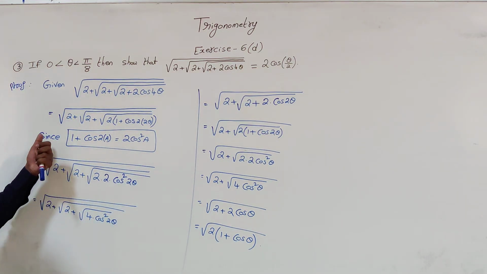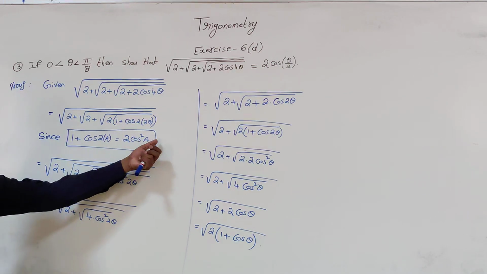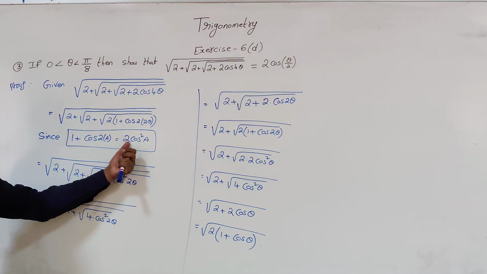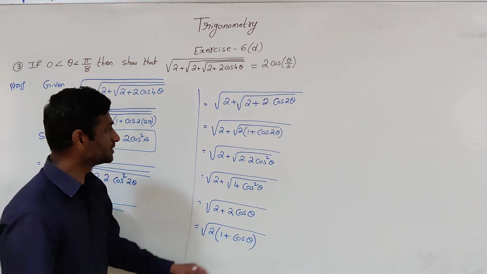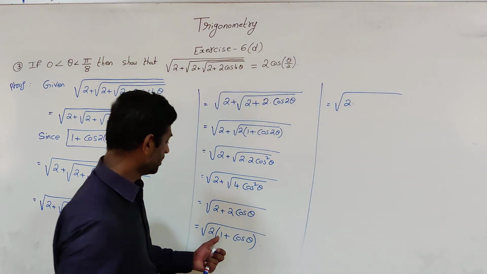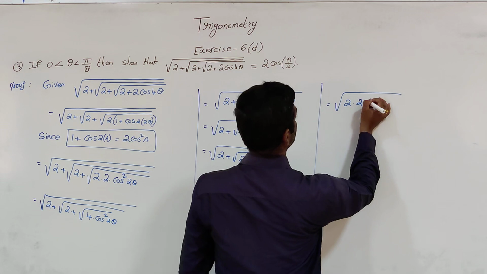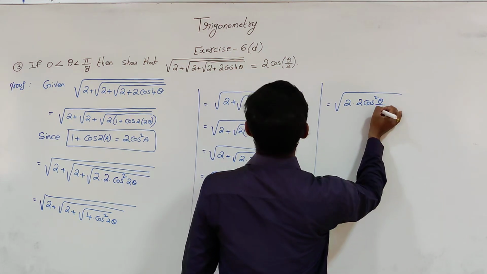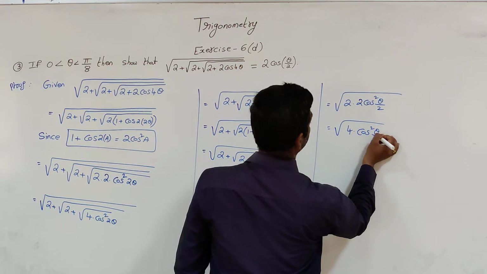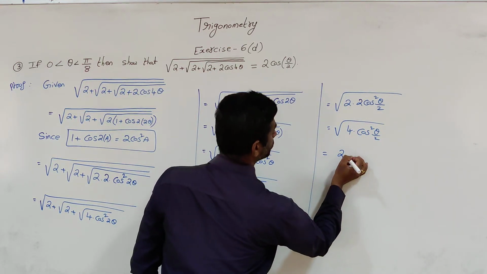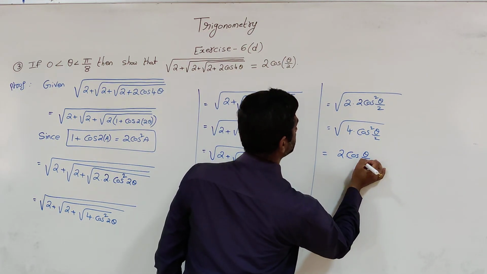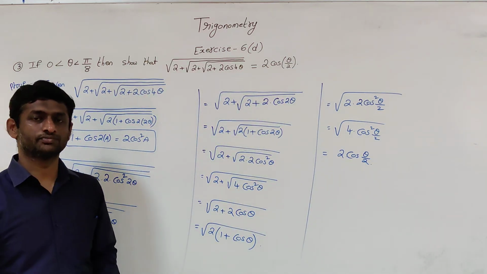As 1 plus cos 2a is 2 cos square a, what will be the half of it? 1 plus cos a will be 2 cos square a by 2. Now under root of 2 into 1 plus cos theta is 2 cos square theta by 2. So square root of 4 cos square theta by 2, where root 4 is 2 and under root of cos square theta by 2 will be cos of theta by 2. So that is the proof, RHS. Next problem.